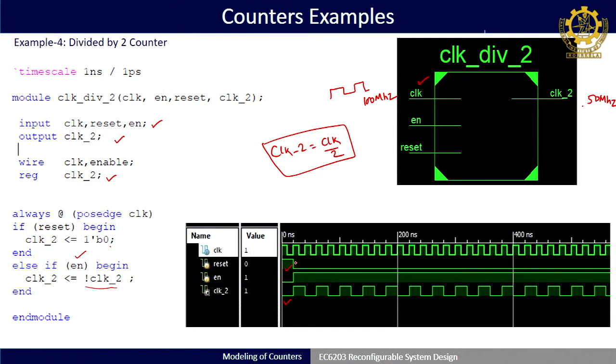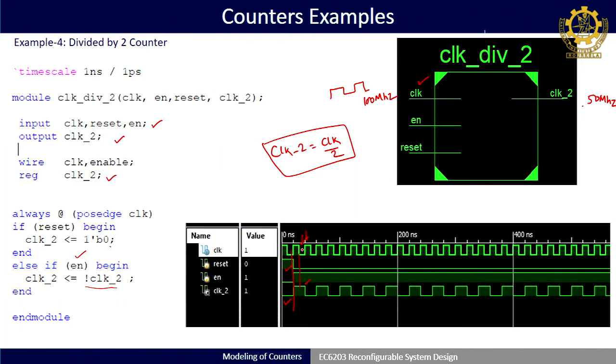So, on each active edge of this clock pulse, this 0 is inverted till this point, then after that the clock is not active. So, that value will be latched till this point, then again another clock is there. Again the always block will run infinitely and again 1 will become 0. So, 1 0 1 0. Like this it will go.